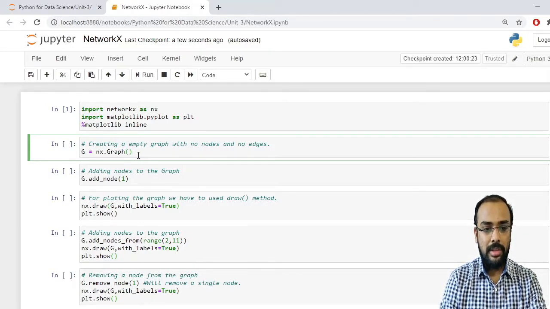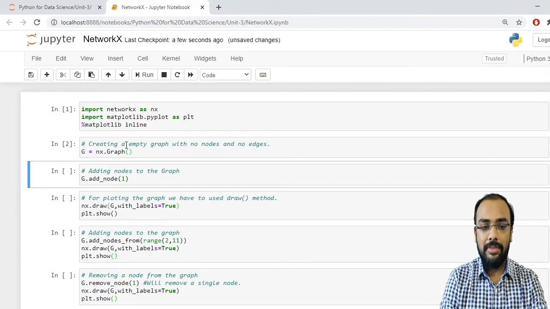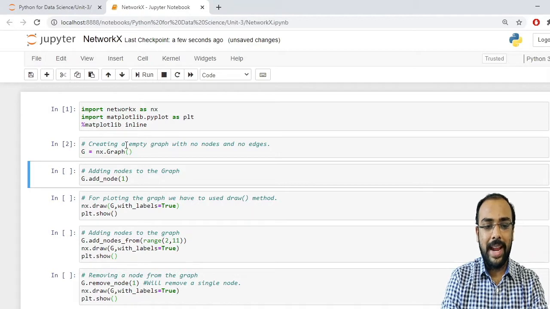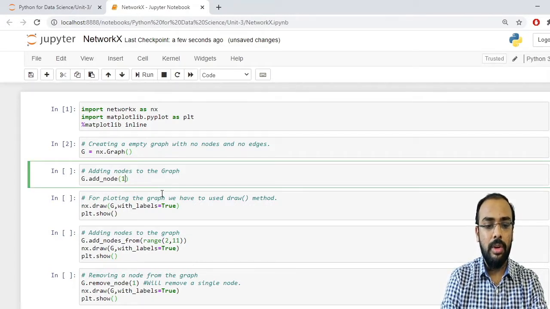So let's run this. Okay, now we have our graph object. A graph contains nodes and edges. So first let us add a single node to our graph. How can we add this? For that we have a method known as add_node, and inside this you specify your node number.